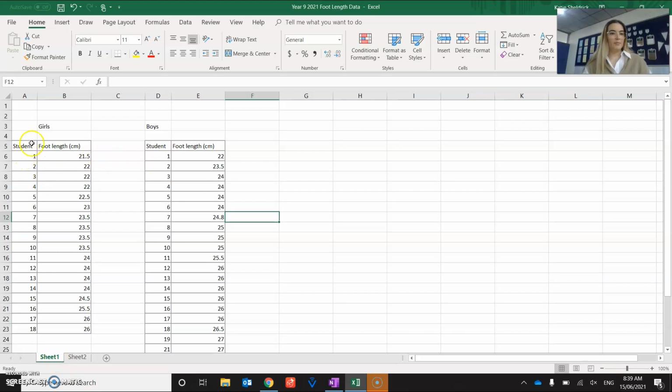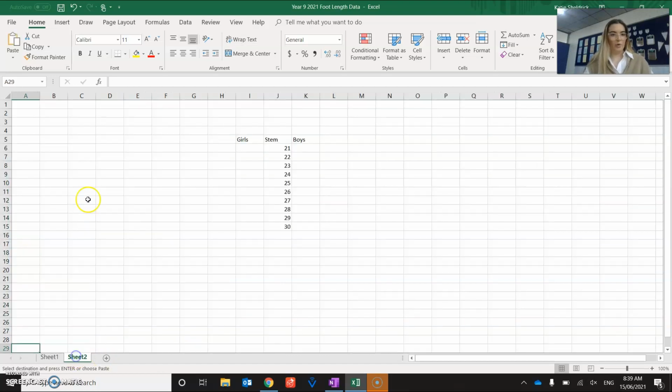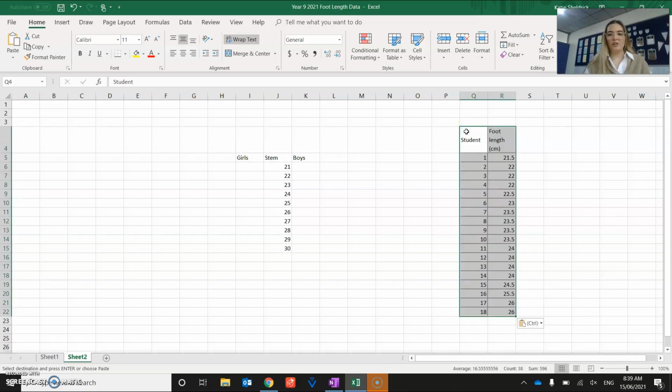Now we're going to create a stem and leaf plot on Excel. It's quite hard to do a stem and leaf plot when there is such small data. Our data only ranges on females from between 21.5 to 26. So what I've decided to do is have a stem in the middle like this that has 21, 22, 23,